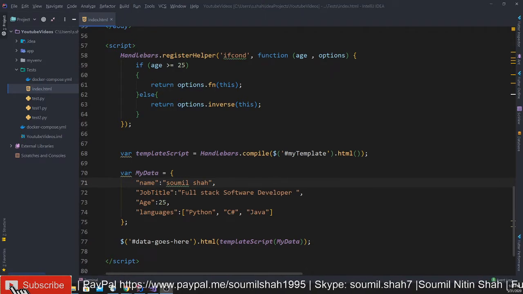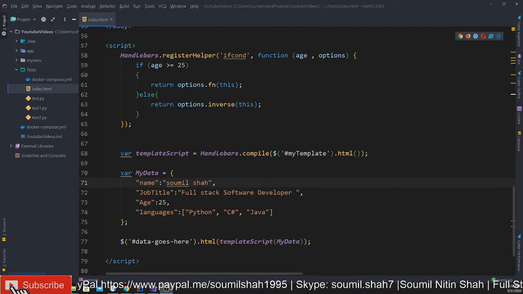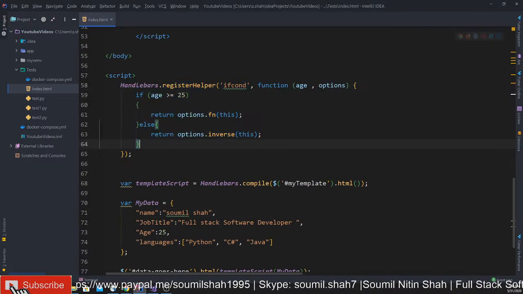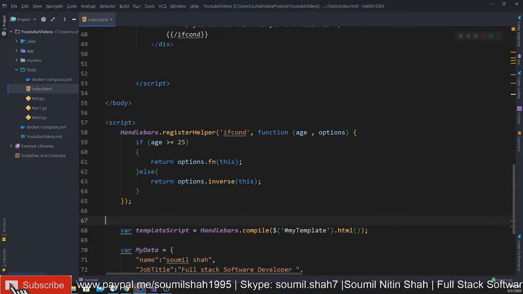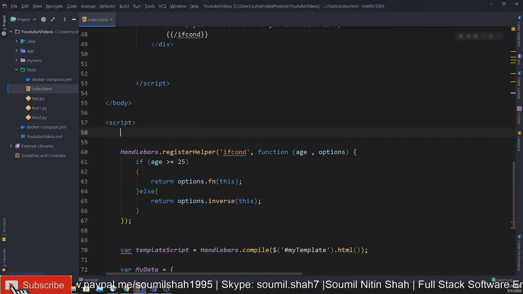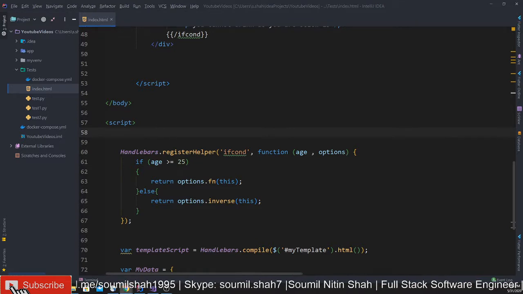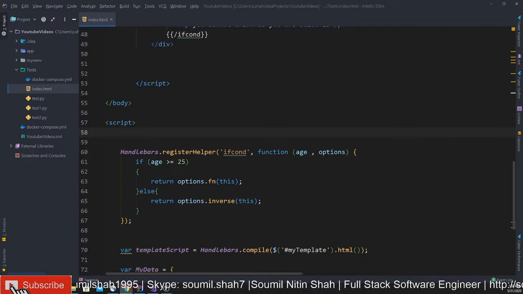In this video, part 4, in the last part, part 3, we learned about how to register helper functions in Handlebars. Now let me show you one more helper function that we can use to transform data, which is basically called title case, or lowercase or uppercase, something like that. How to create your own stuff like that. Okay, I'm going to be teaching you about that. So kindly give me 1 second and I'll be starting the session.